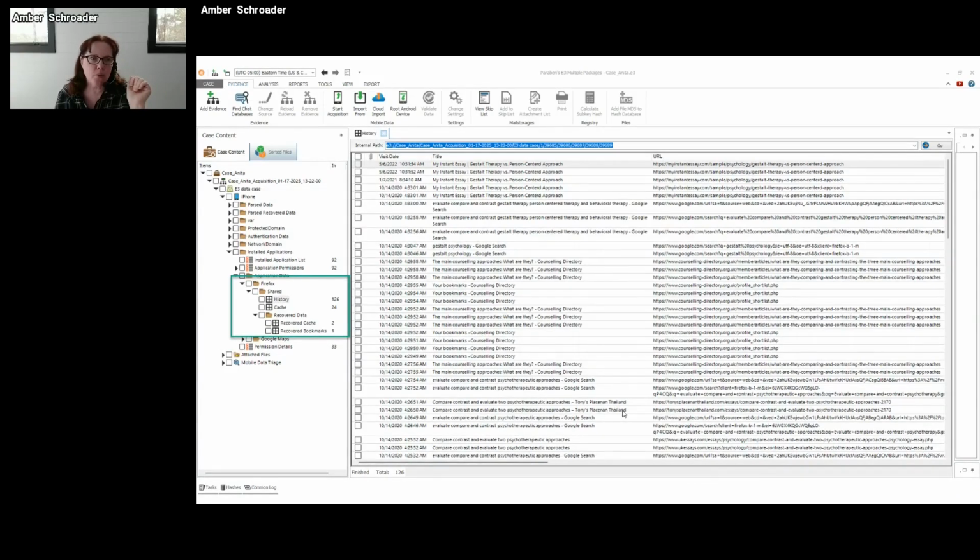Here's a good example for you of that. So I'm going to see my reasonable expectation of data. This is obviously a browser, so that makes sense to me. I see a browser history, a cache, but then where my forensic tool kicks in and does that little bit of extra is when you see that recovered information associated with it. That's when it takes some of the unique technology that you get from our industry to be able to recover those entries that were marked for potential deletion or removal. And we just reference those as recoverable when it comes to smartphone forensics. Remember, your smartphone keyboard doesn't have a delete key, so we typically call it recoverable data.